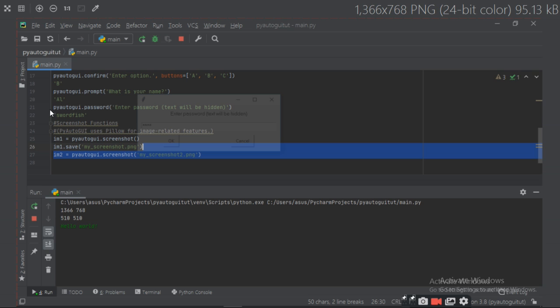Now see the hang somewhere. So it is hang somewhere.